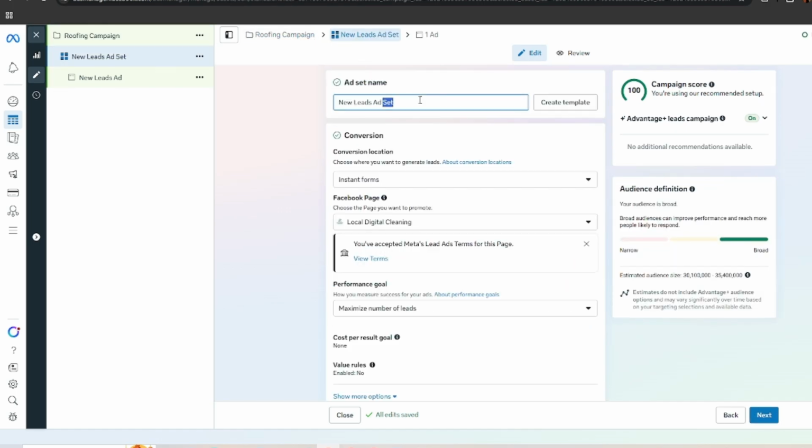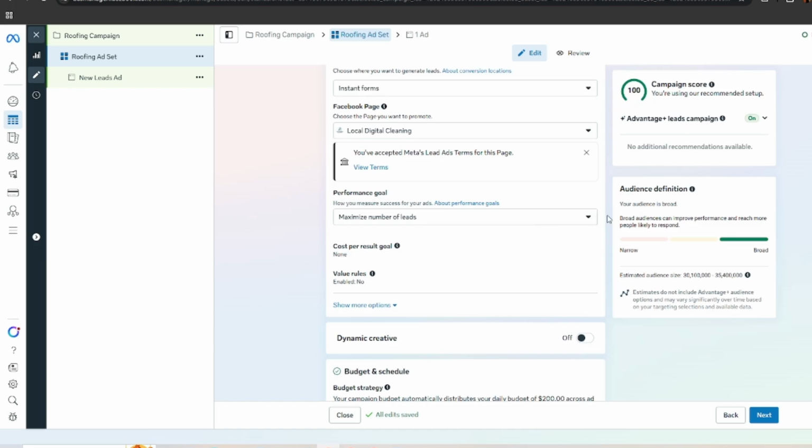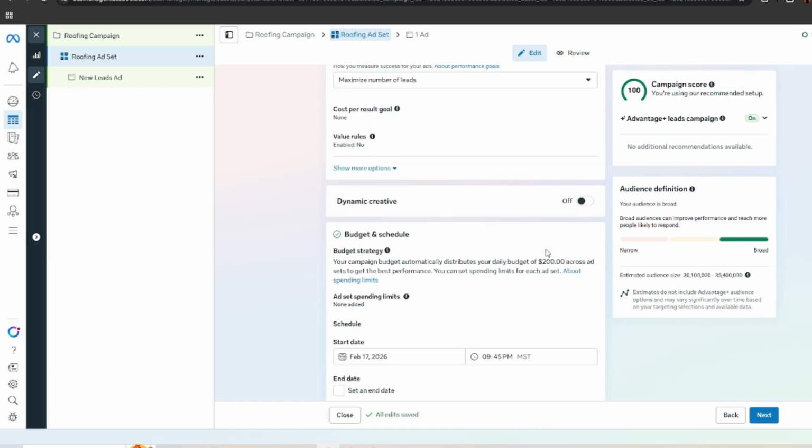And now here in the ad set level, you can just name it whatever you want again, roofing ad set. And I usually like to start off with instant forms, and then depending on how that does, I can change it to a landing page. But yeah, so I usually start off with instant forms and choose whatever Facebook page you want to run the ads to. So just scroll down now